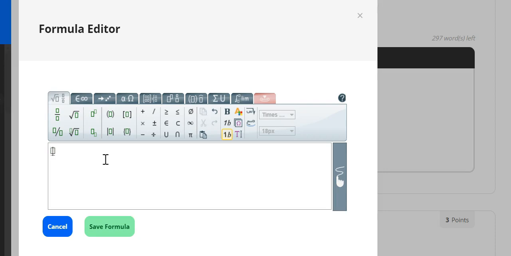Other things you can do with the formula editor are square roots. So clicking the square root here, it'll bring up the radical, and you can type the square root in underneath the radical. And again, make sure that you click the right arrow out so that you don't continue to type